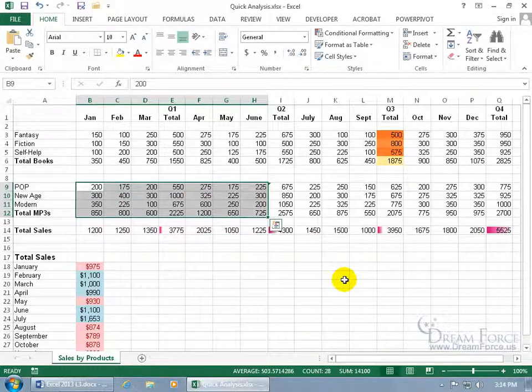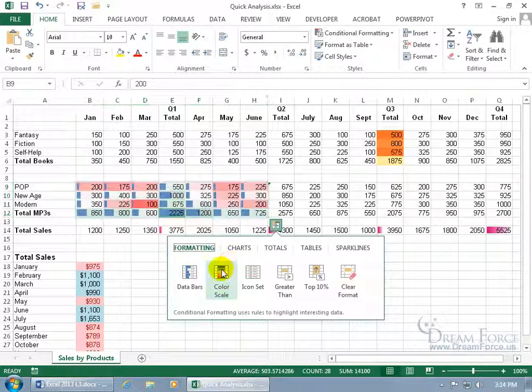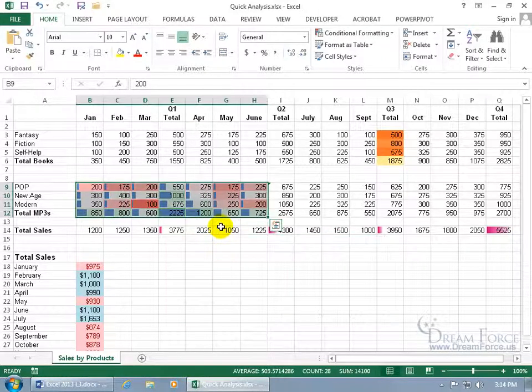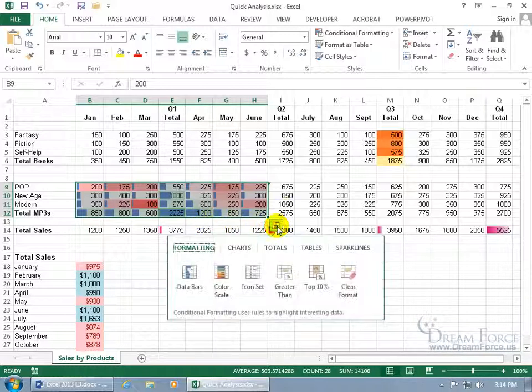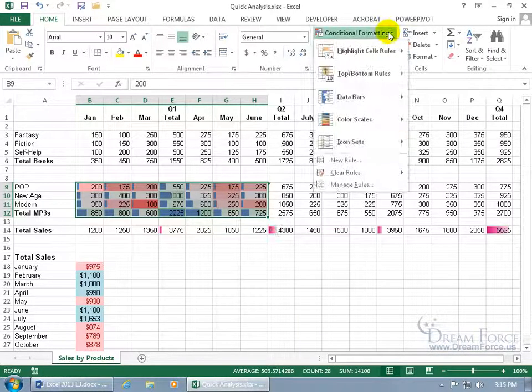And that's it. Now as far as editing your conditional formatting, like if you come back up here, you select one, you want data bars, and you click, and you also do a second conditional format like color scale. I've got two conditional formats, and if I like them both, but I don't like the color scale's color, if you need to make any edits, you can't do it from the Quick Analysis tool here because it doesn't give you the option to edit. You have to come back up here on the ribbon, Home tab to Styles group, click on Conditional Formatting, and go down to